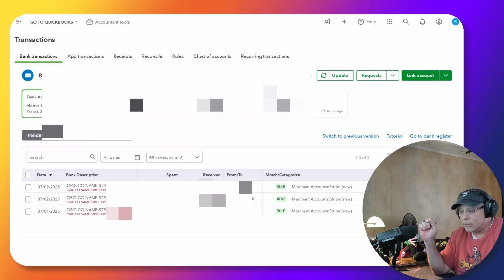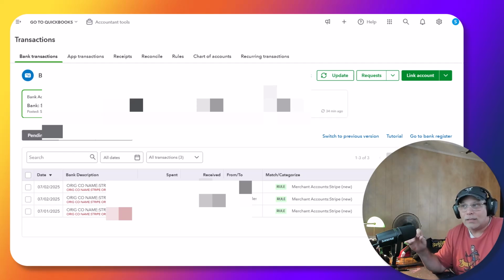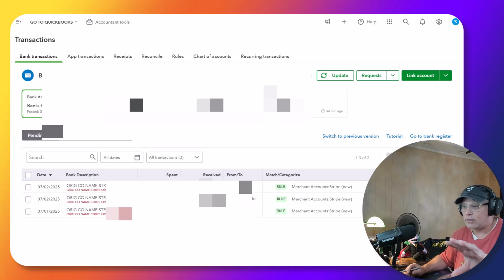But here's the bottom line. It's not going away. Intuit will evolve it. They will collect feedback and improve it. But it's not going to disappear. So switching back to the previous version is a bit like burying your head in the sand and hoping the problem goes away. It's not going to. So I think your best bet is to get ahead, stay ahead by sticking with this, learn it, and let's